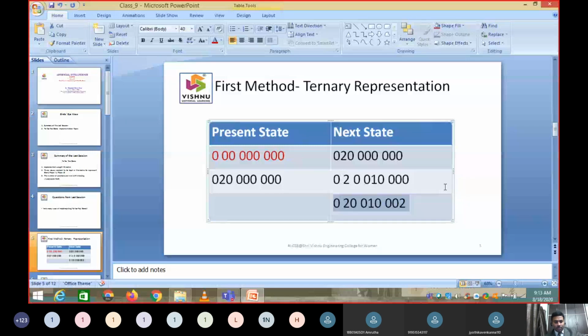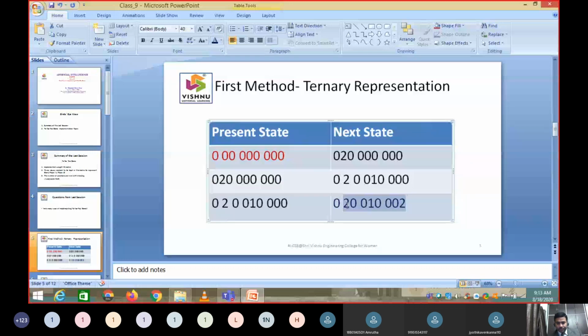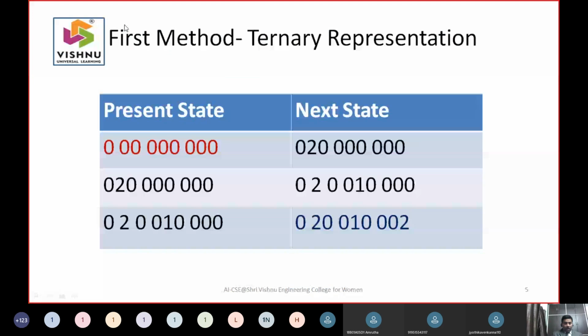It will take some time to understand, but we will repeat this same class tomorrow also. But see whether this part I have written is right or wrong. Is it a valid state? Yes, sir. See how many different types of states can be formed if you move like this? Because I started with 2, you can start with 1. 2 can be in any one of the 9 positions.